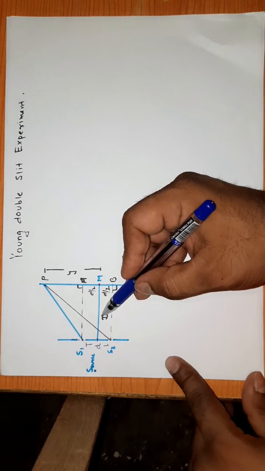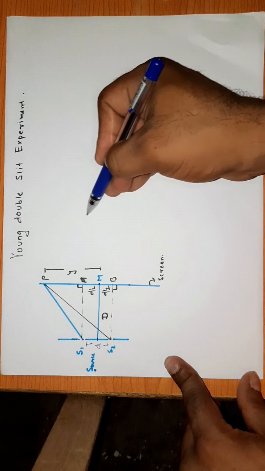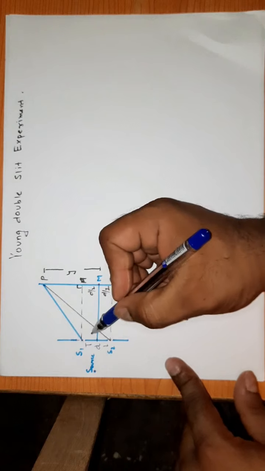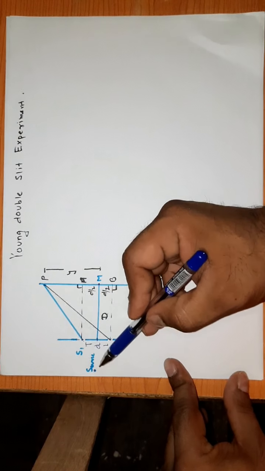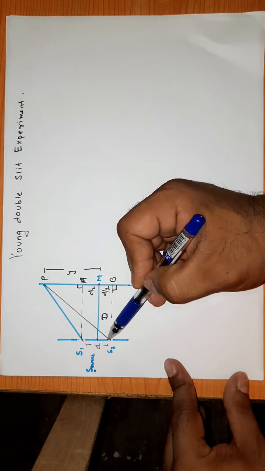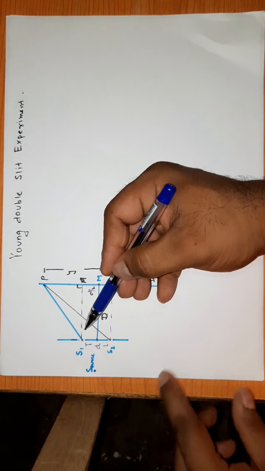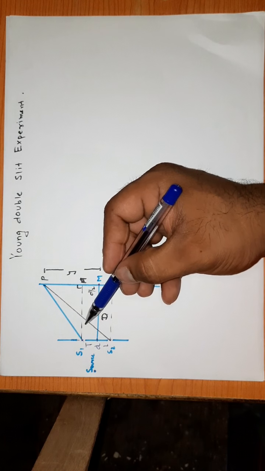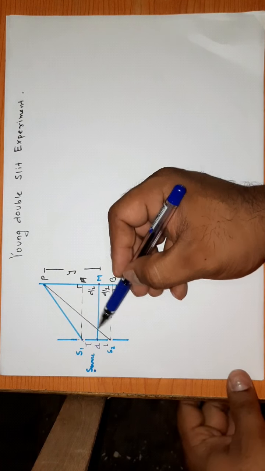How can we make the slits? If there is a paper, we can simply make a cut with a blade, then a slit is formed. So this is very small. Now what occurs? There is a source that is monochromatic light. When it falls on slits S1 and S2, then coherent sources are formed, and in coherent sources the frequency is the same and their path difference is either 0 or almost the same. So that is what we are using.